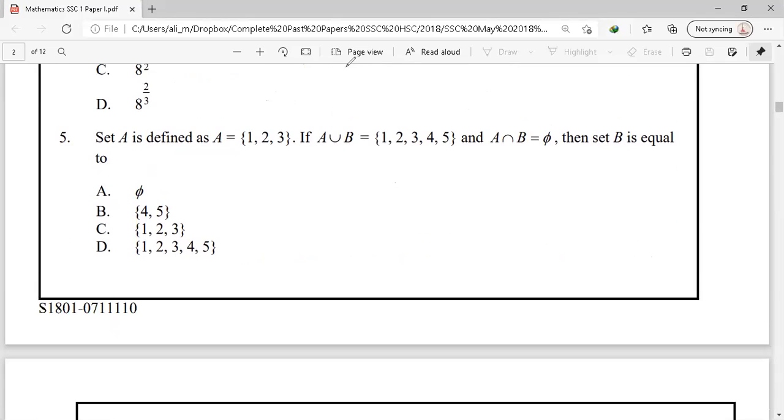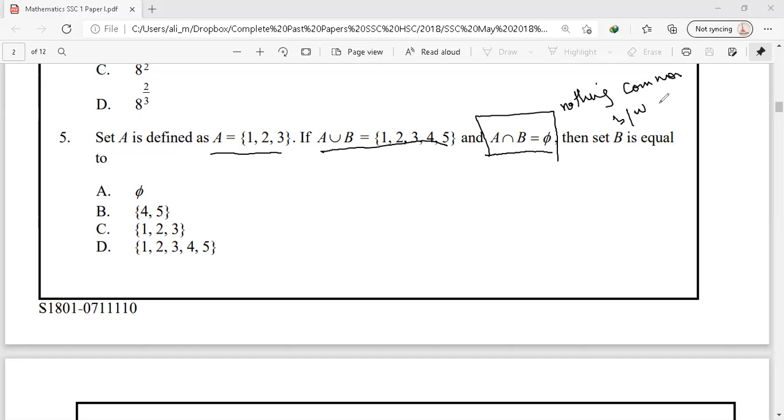Let's move to our question number 5. In question number 5, we have set A and we have A union B, and we have A intersection B as empty set. Then we have to find the value of B. हमें सेट A की वैल्यू गिवन है और हमें A यूनियन B गिवन है और this expression shows that there is nothing common